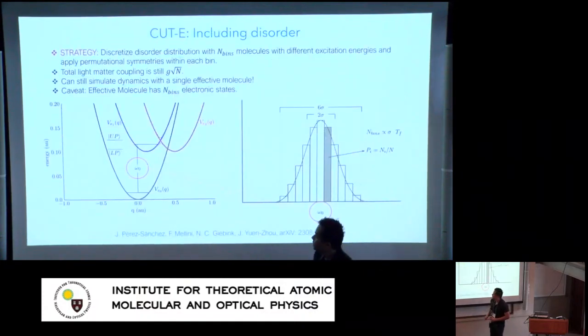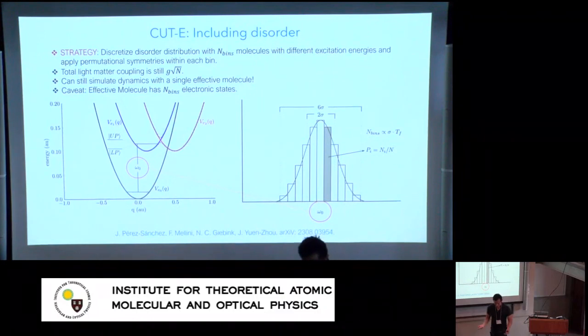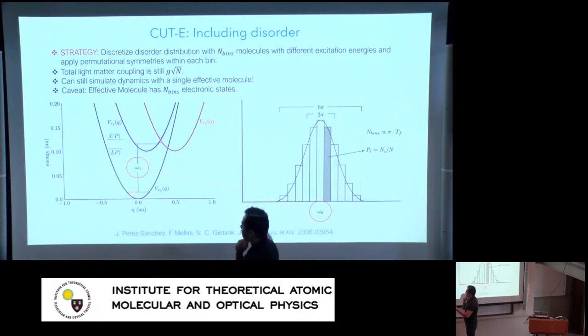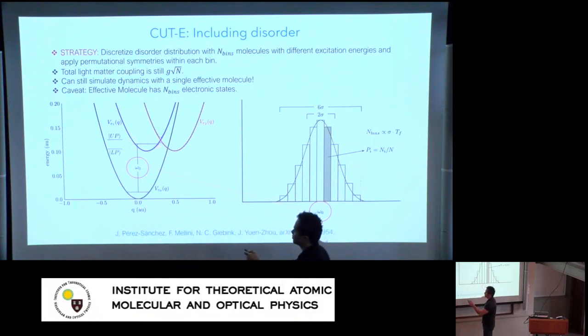Okay. So now we get a lot of criticism saying, well, molecules are not really identical to each other in solution, so there is always disorder. Okay. So it turns out that with disorder, this method still works very well. The way it works is the following. So suppose, for concreteness, let me consider this situation of a photoinduced electron transfer model where I photoexcite the molecule. This is a donor state, and it transfers its population to an acceptor state,